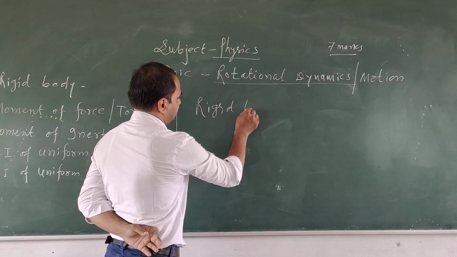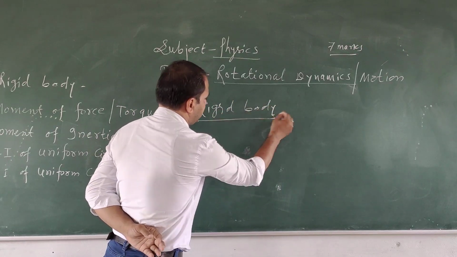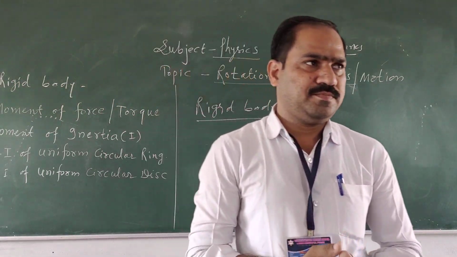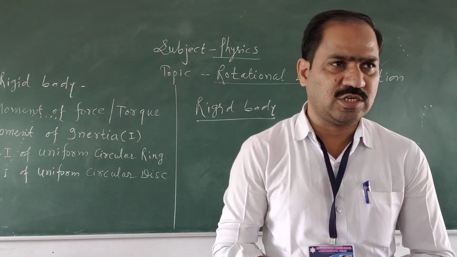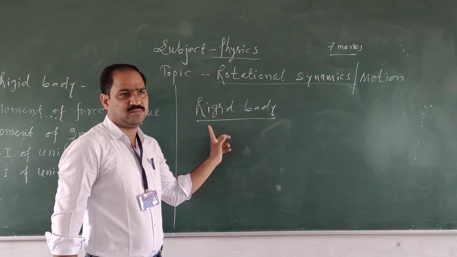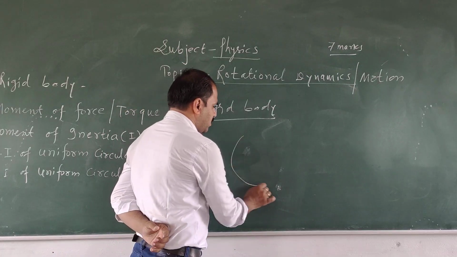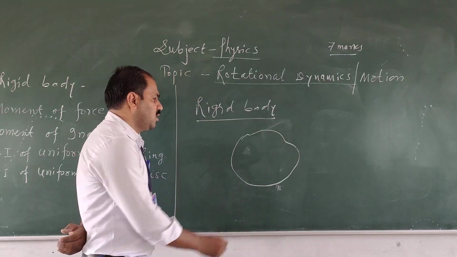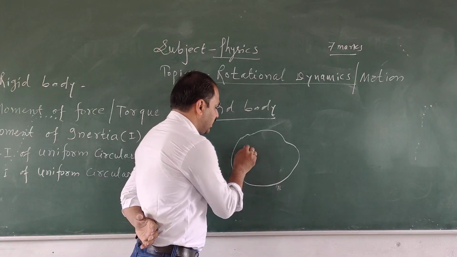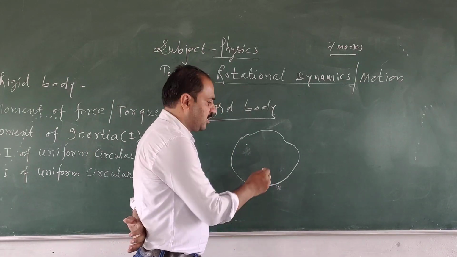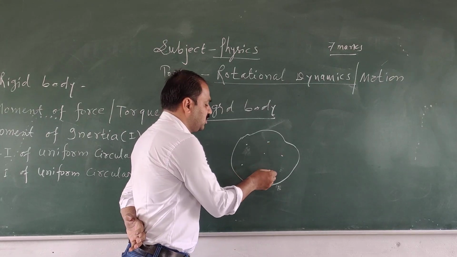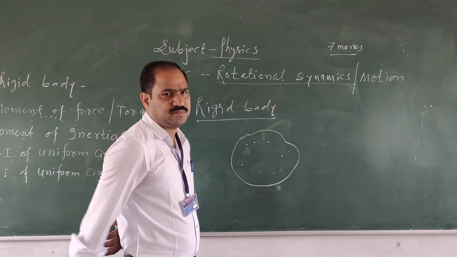Rigid body. So here, we all know about the body in physics. Body means the object. But here is the word rigid. Suppose now here is a body of any shape, and this body consists of a number of particles in it. Suppose this is the first particle, this is the second particle, this is the third particle, fourth particle, 5, 6, 7, and 10 number of particles.